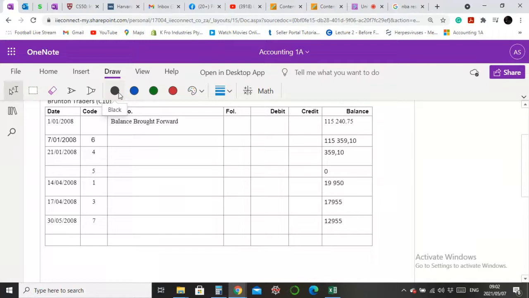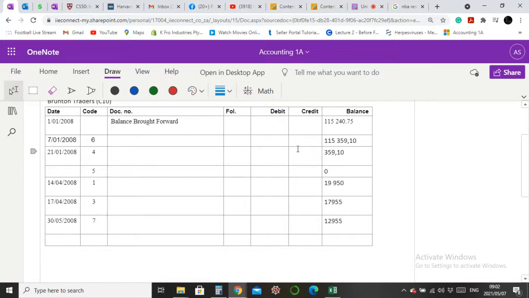During 2008, all amounts include VAT where applicable. Balance owing to Brunton Traders on 1 January. So we have the balance, we plugged that in. The following subsequent transactions affecting Brunton Traders account took place. Here we don't need to read through the transactions first and then label to who they belong, because we know all of these transactions pertain only to Brunton. So as soon as we read a transaction, we can just record it. So here, first transaction on the 7th,